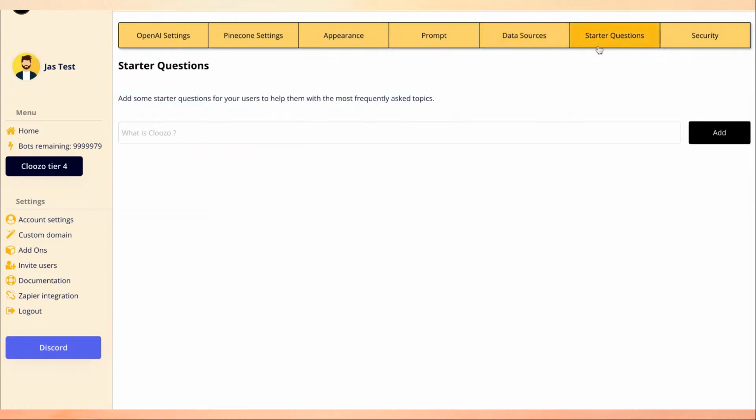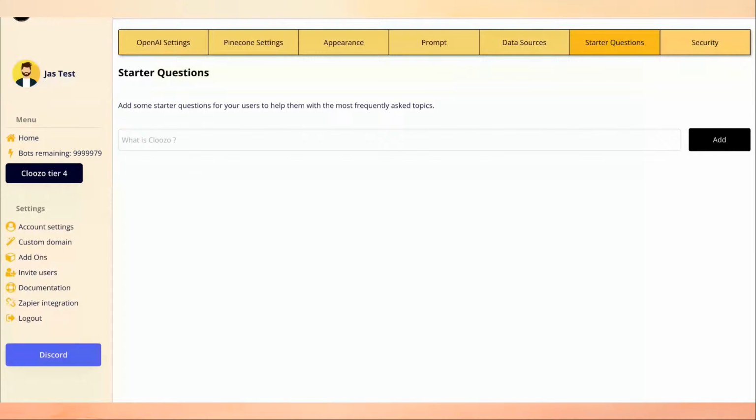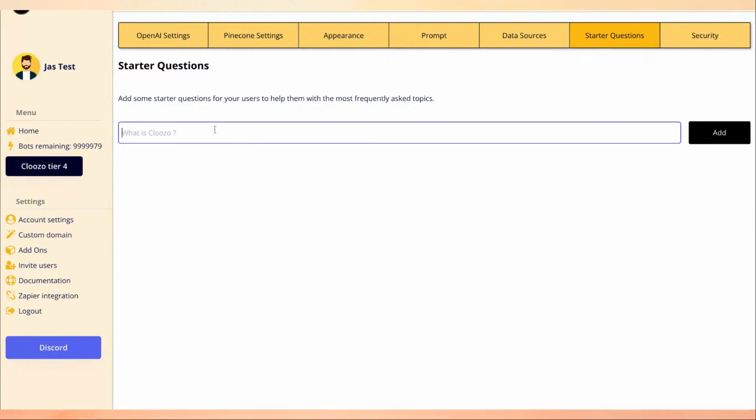Now the next part here is to add starter questions. Starter questions are nothing but kind of FAQs, the most frequently asked questions. So you can add some preset questions to your chatbot here. So let's say I want to add some starter questions here that I think most of my users will ask. So let's say I want to add